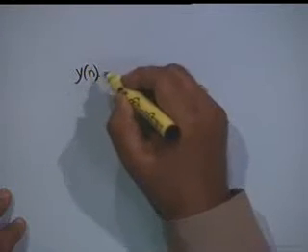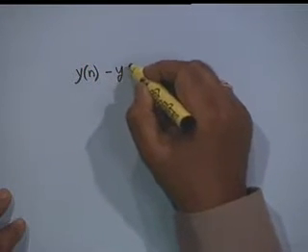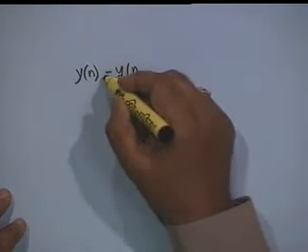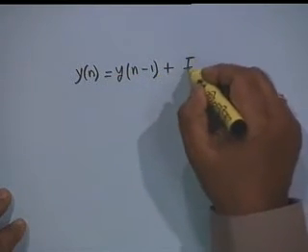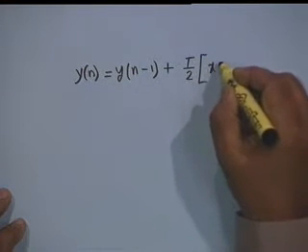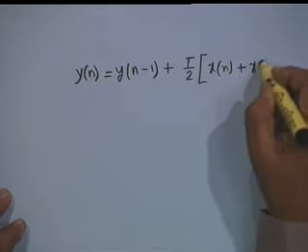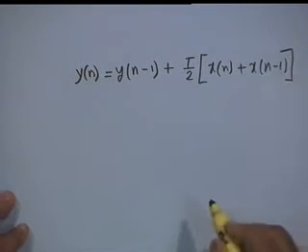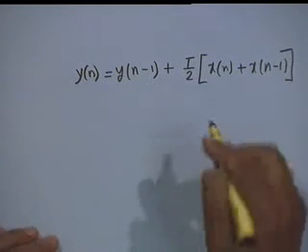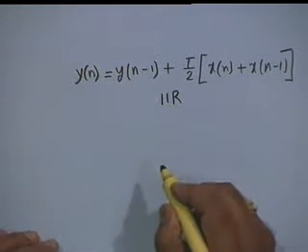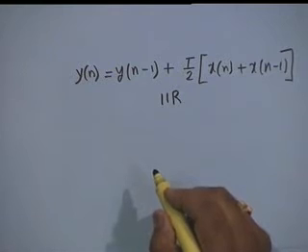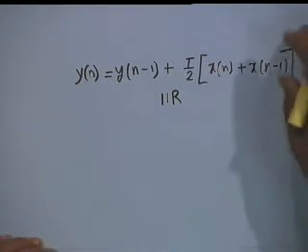Then we discussed an example of a digital integrator, and the equation that we got was y of n equal to y of n minus 1 plus T by 2, the average of x of n and x of n minus 1. We took this example and showed that it is an IIR system. We also found out its unit step response. Then we introduced the Fourier transform.